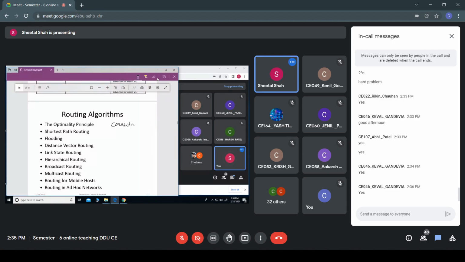That means that if a packet is meant for a particular destination, then the algorithm should be correct such that the packet is delivered to that particular destination, or to that particular host. Then this routing should be simple. It should not become more complicated.